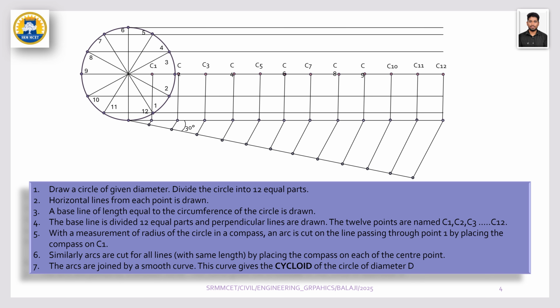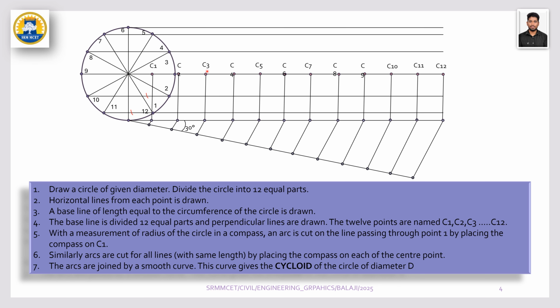After marking these center points, with the use of a compass, take the radius of the circle and place your compass on this C1 point and cut an arc on the first line. As it is C1, the arc is cut on the line passing through the first point. So the arc starts here. Then take the same measurement and move to C2, place your compass there, and with the same radius cut an arc on the second line,